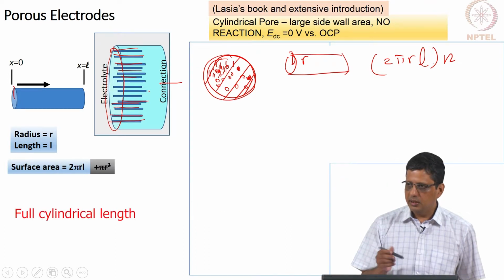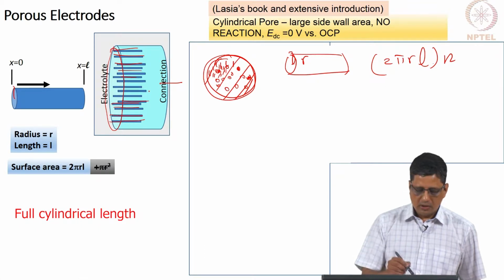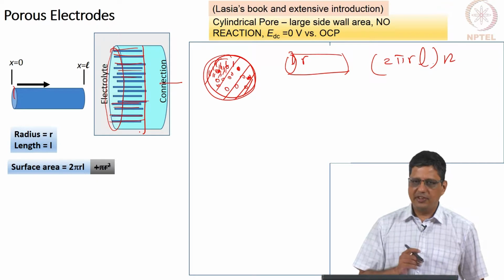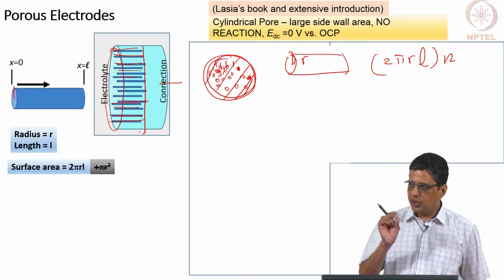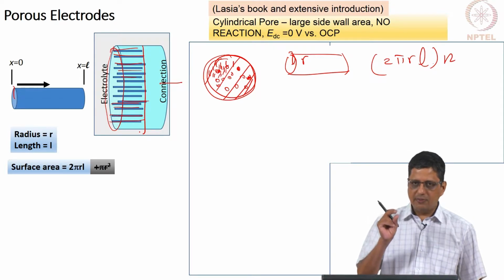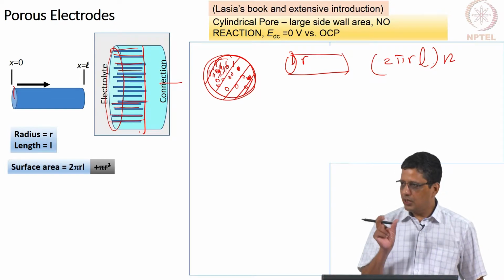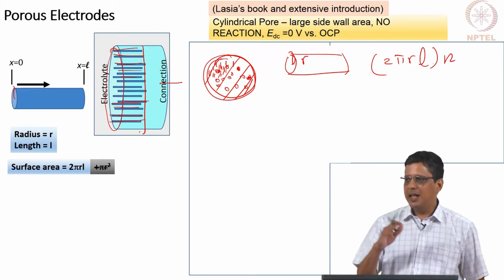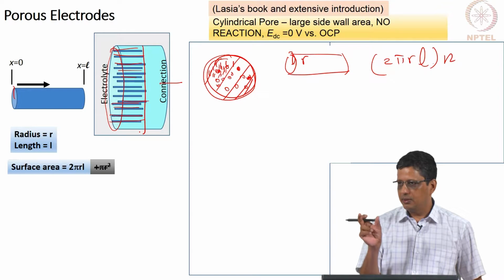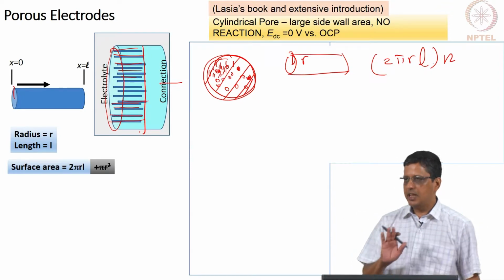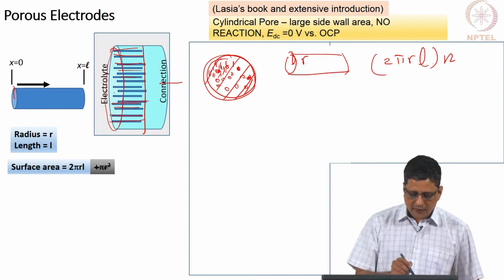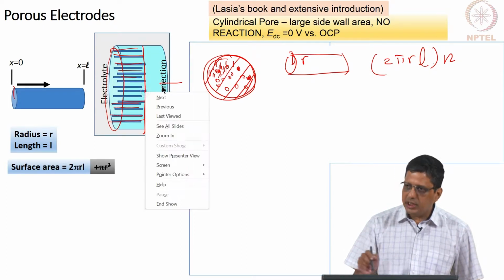Full length meaning? Full cylindrical length. They travel up to length L. We are making some simplifications, right. In a porous electrode, you are not necessarily going to have cylindrical pores, you are not going to have all of them with the same radius, and we are not going to have all of them positioned evenly, or all of them with the same length, but we are making the assumption that they are identical pores. But other than that, they travel up to some distance, and beyond that it is solid electrode.